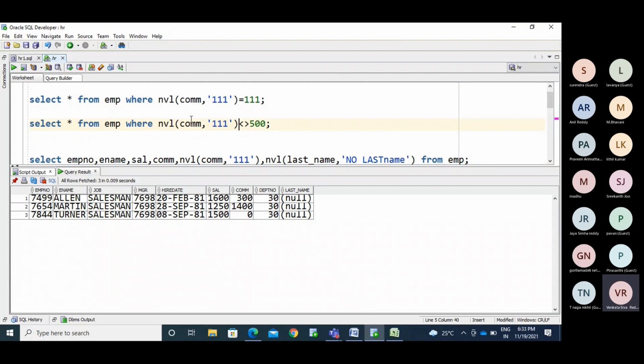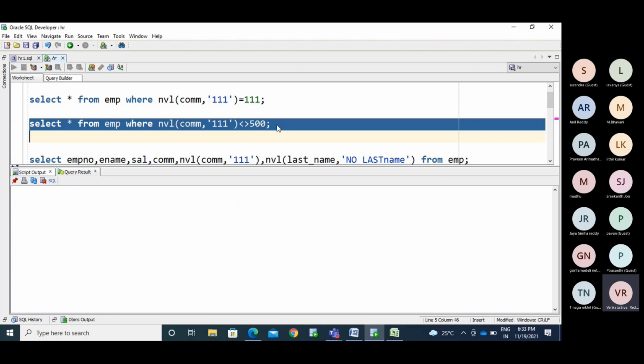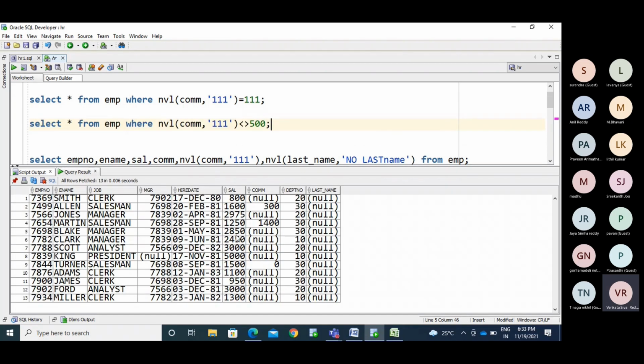Now the system treats every column as having some value. If any column does not have a value, it displays 111, and checking 111 not equal to 500 is true. So you will get those values as well. Because of this, we will use the NVL function.